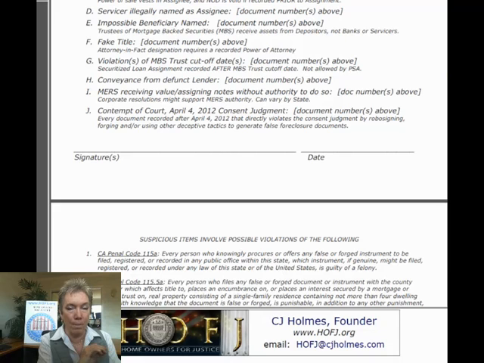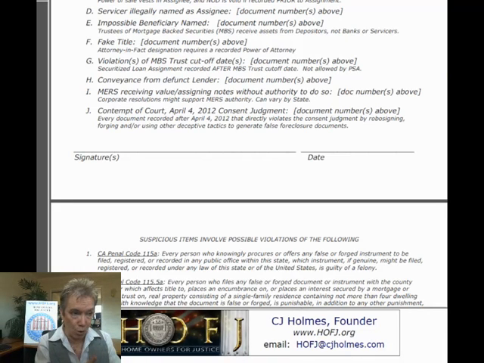However, it has been pointed out to me that one of the ways the banks are fighting back against that is, I have a corporate resolution and MERS can do that for me in my notes. So there may be corporate resolutions that could sidestep this illegality, but I think we should point it out anyway.